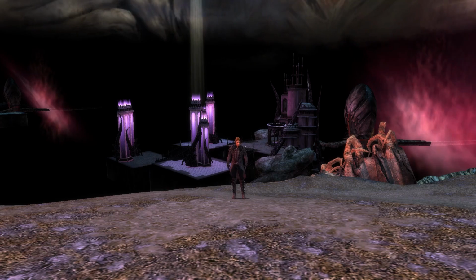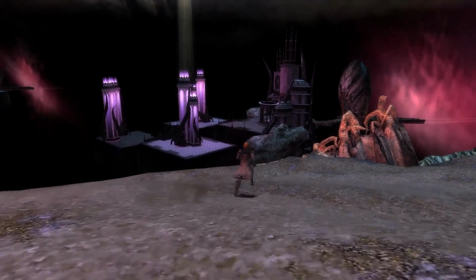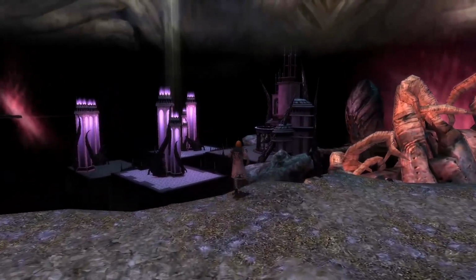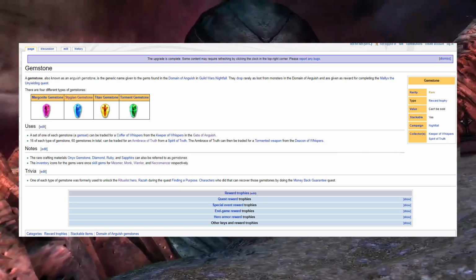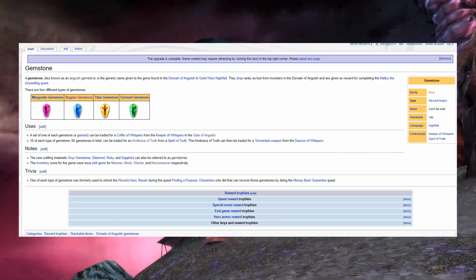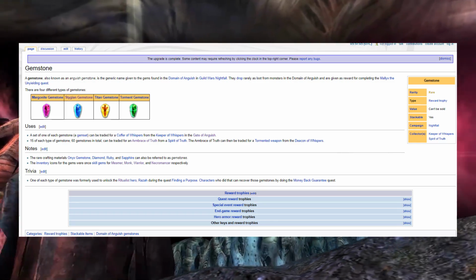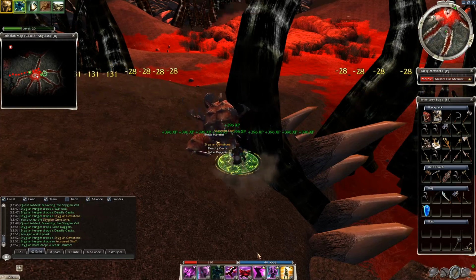This time I will show you the Stygian Gemstone farm, which takes place in the Domain of Anguish. And if you are wondering what gemstones are, let me show you this picture. They are dropped randomly from monsters or from the DOA chest, and you can exchange them for Tormented weapons or for Cover of Whispers. One thing you have to know is that the Domain of Anguish speed clears are much